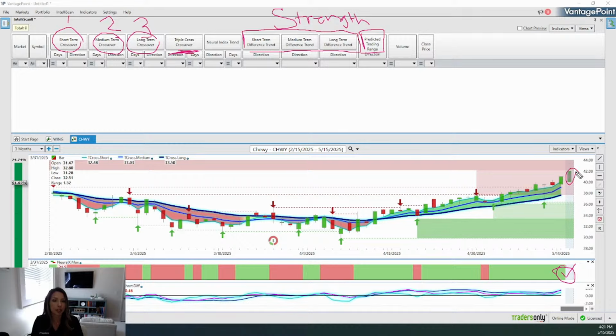That's that predictive trading candle. Well, if you're entering into an opportunity, do you want things to go up the next day? Well, if you're taking a bullish position, you do. Maybe if you're entering into a bearish position, you probably want things to go down the next day. So we'll use the predictive trading range to identify opportunities based on the artificial intelligence that will help us find